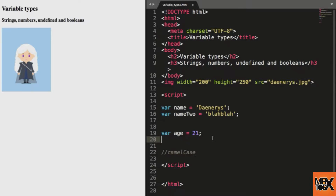The variable type is undefined. This is when the value inside that variable is not defined. You just don't know what it is. So we can do that by saying city,